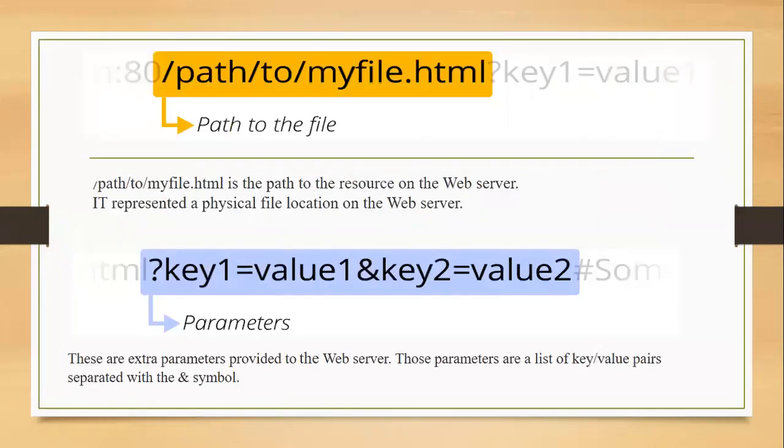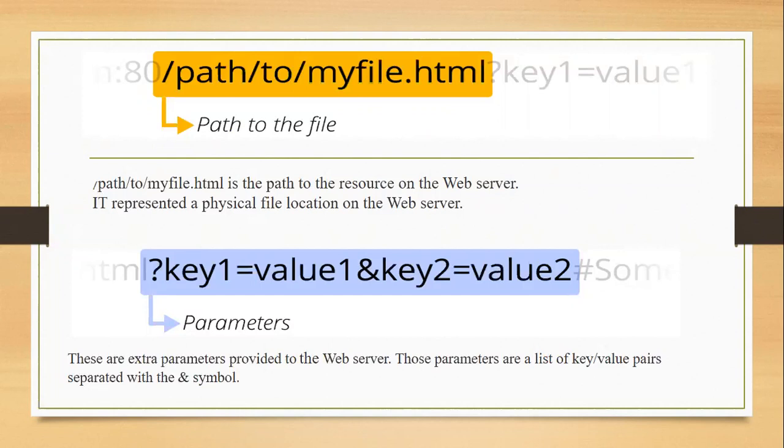After that, the port number, and the path of the file is mentioned, where we want to fetch our data and the physical location of a file is placed. So here it is path /2 /myfile.html. .html is the extension of that particular file. The file is placed in myfile, and path and 2 are the directories for that.